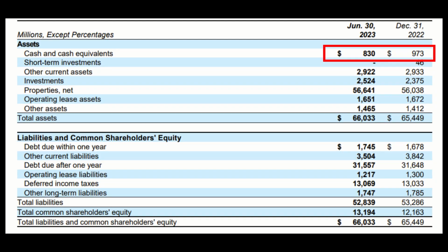I think it's definitely expected that they're going to struggle a little bit this year and see a slowdown of some sort, especially given some of the union issues that they're working through and the generally lower fuel prices this year. When we look at the balance sheet, we can see they have about $830 million of cash